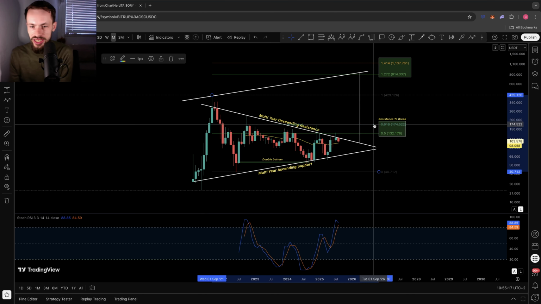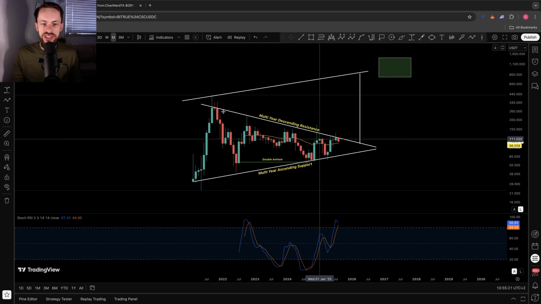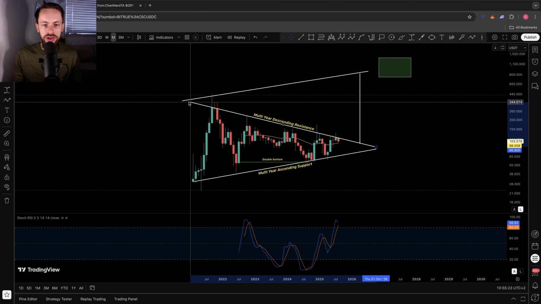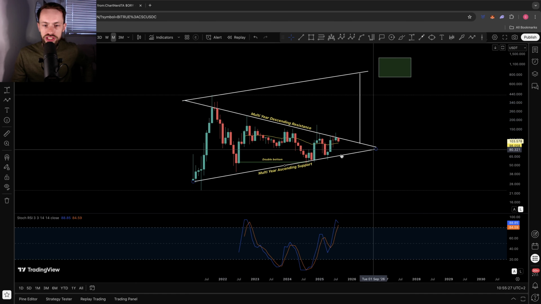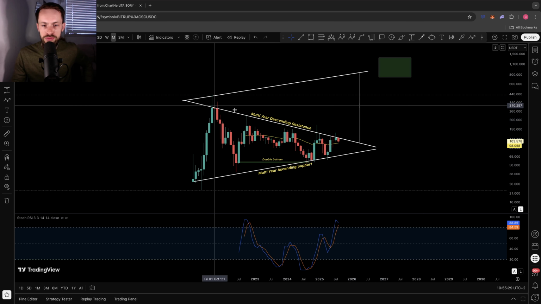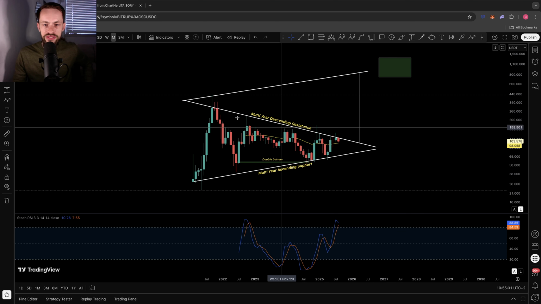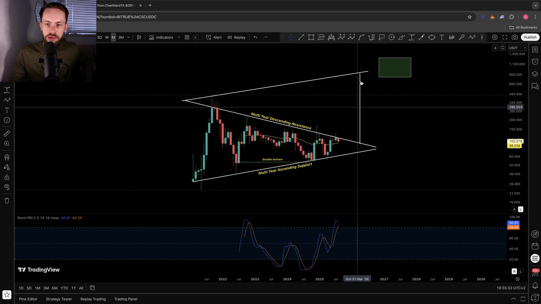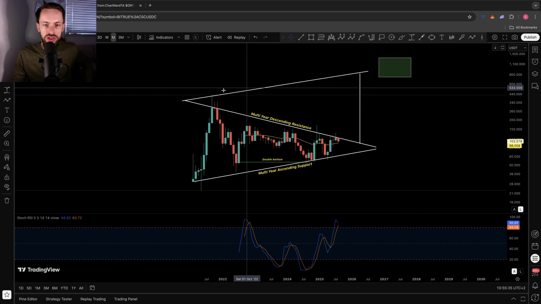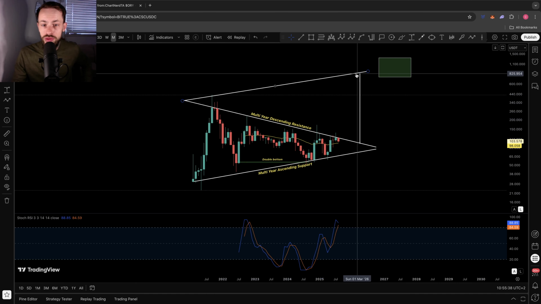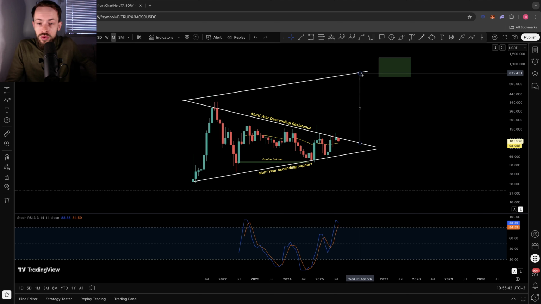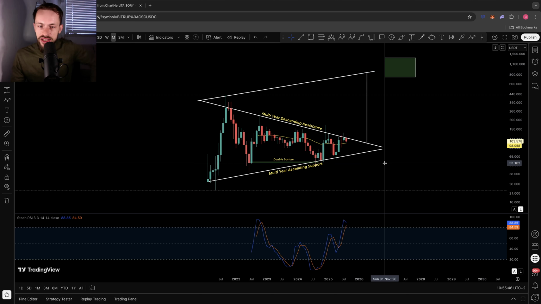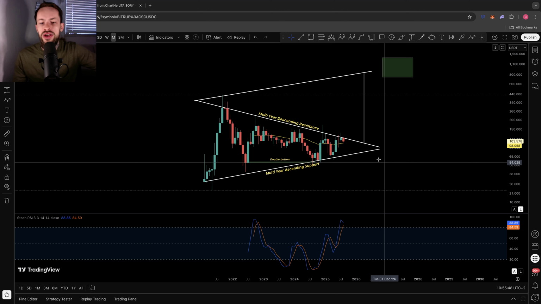And if we do actually get the break of the descending resistance, if we look at it here, for example, it looks pretty obvious, doesn't it? Again, you've got this ascending support line, which has been holding for a couple of years. You've got this multi-year descending resistance. If this resistance is cleared, then the pathway back up to sort of $800 and tapping this multi-year potential ascending resistance line that could be created, then that would be potentially the local top for me of this cycle for Quant. So at the end of the day, guys, I'm looking for around $800 to $1,000 Quant.